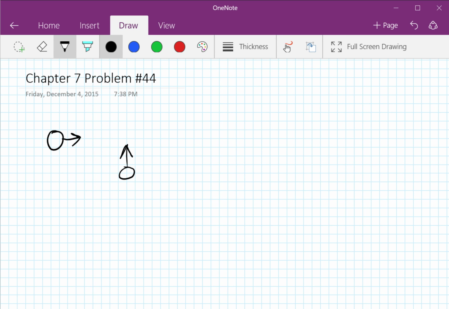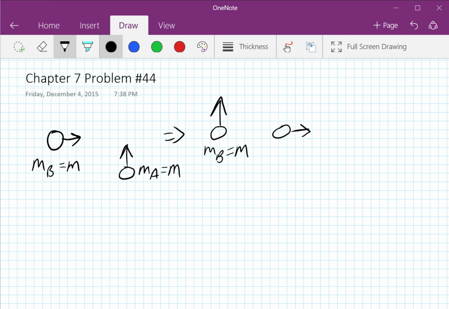So this is going to be MB, and I said they have equal masses, so I'm just going to write M, and this is MA. I'm just going to say that equals M. Doesn't really matter if they're equal. And then this goes up, and this is MB, still has the same mass. And then MA, we don't know where it's going. I'm just going to show it going to the right. And we're going to have MA